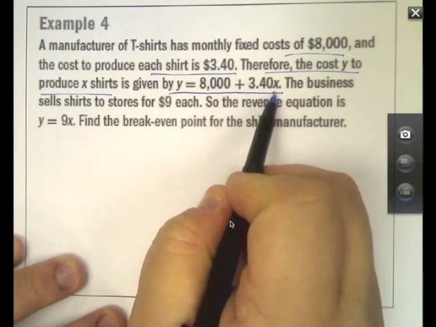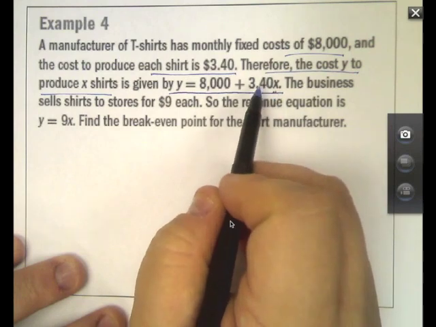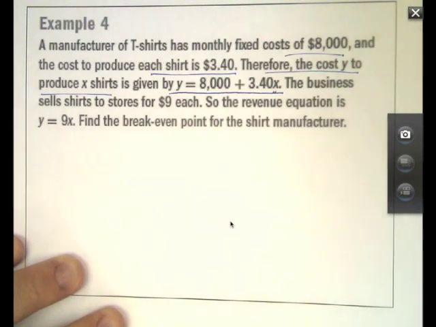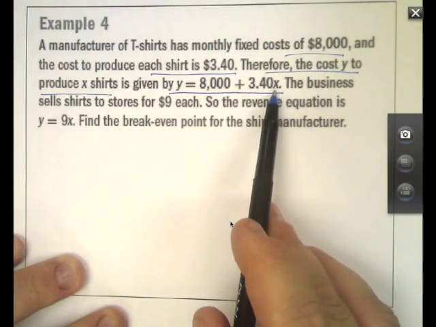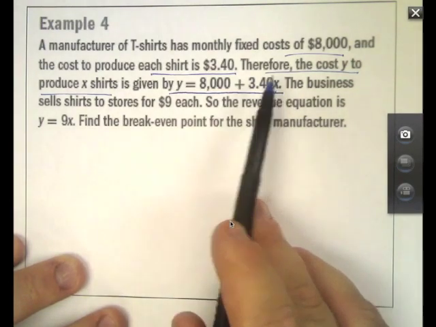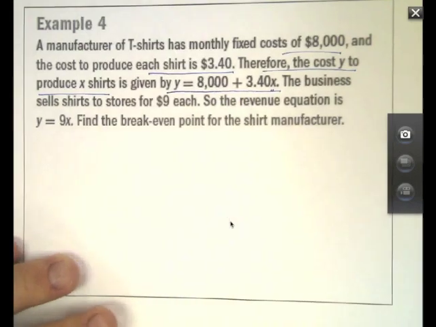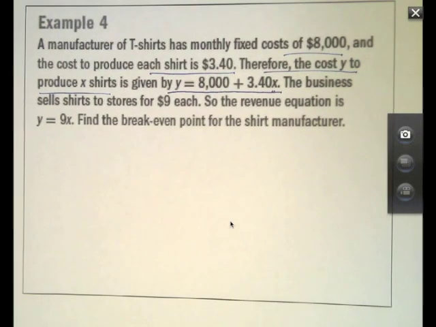So if I made 10 t-shirts, it's going to cost me $34 to make. Okay, etc., etc. If I only make one t-shirt, then it only costs me $3.40 plus $8,000 to make my